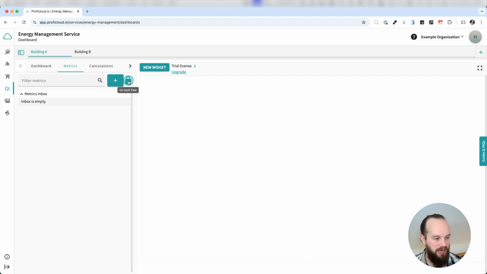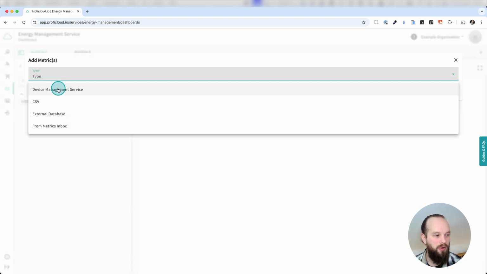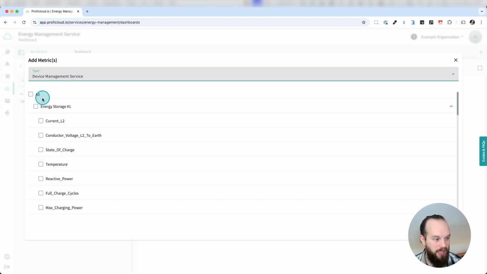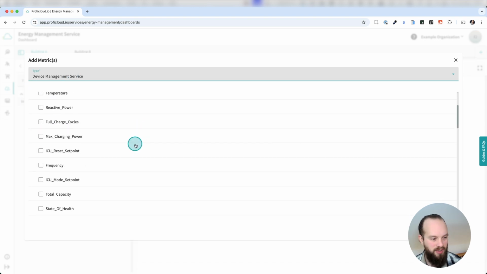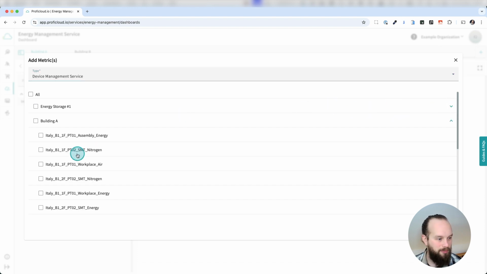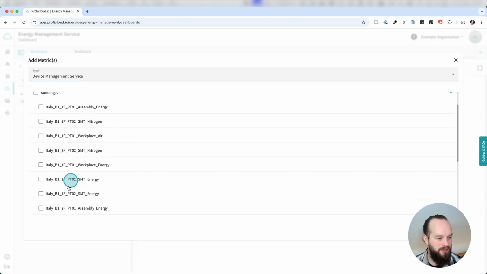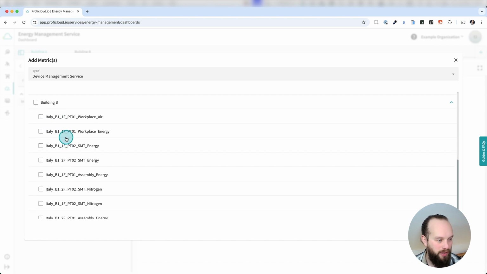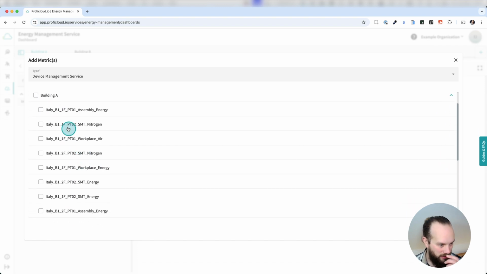First of all, I need to unlock my tree view. Right now it's empty, but you're going to see what that means in a minute. And I can add a metric, for example. A metric right now is something like a data source coming from one of my devices. And we're going to see the devices. I have an energy storage device, which is not interesting, but I can also see some demo data from building 1 in Italy. So what I'm going to do now is select building A, the assembly energy,